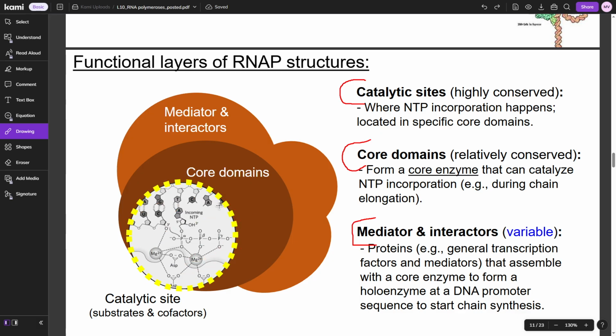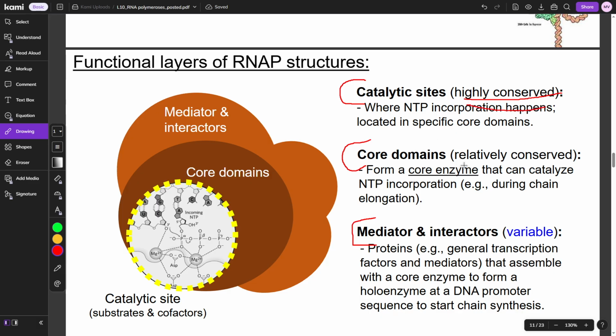And I hope it makes sense that that region is conserved, because evolution and nature have pretty much optimized the catalytic site to be able to do that nucleophilic attack and chain formation, right? The formation of an RNA molecule uses the same magnesium cofactors, the same aspartates, similar to how DNA polymerase does. It has this NTP binding site, all that stuff. If you were to break that, the polymerase just doesn't work anymore. And so that's why it's highly conserved across organisms.